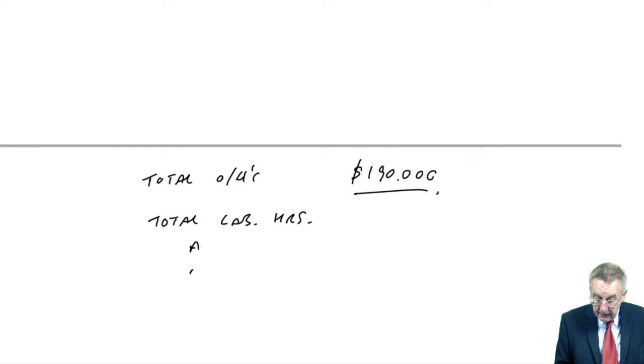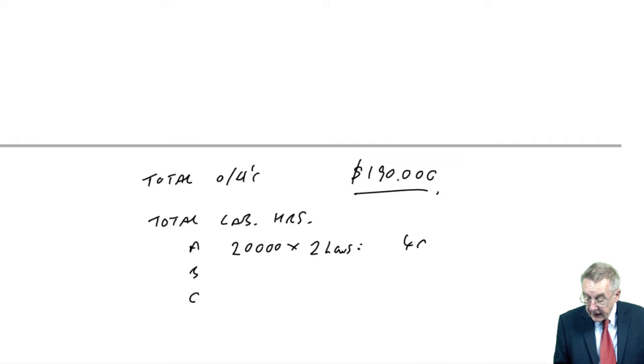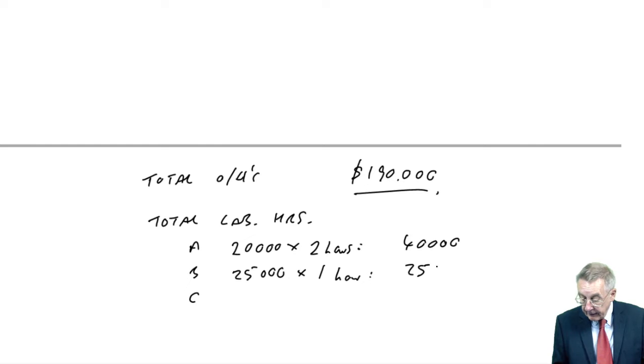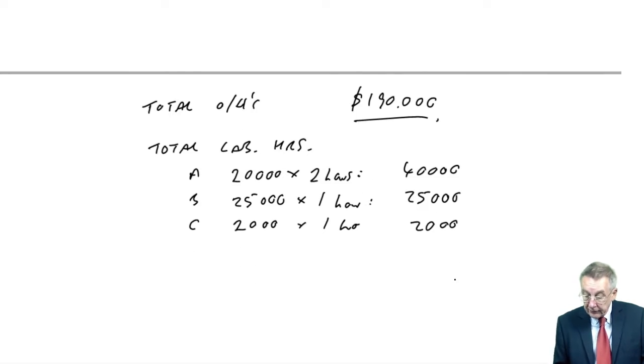We're producing 3 products, A, B and C. Product A, 20,000 units, and each one takes 2 hours a unit, so 40,000. B, 25,000 units, and each takes 1 hour a unit, so another 25,000 hours. And product C, 2,000 units, again at an hour, 2,000. So a total of